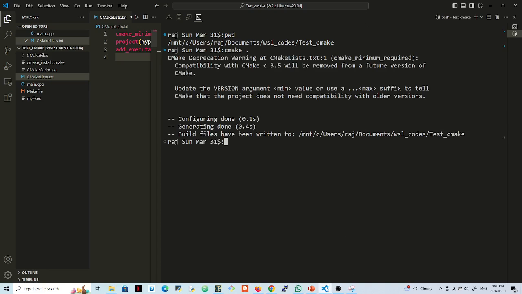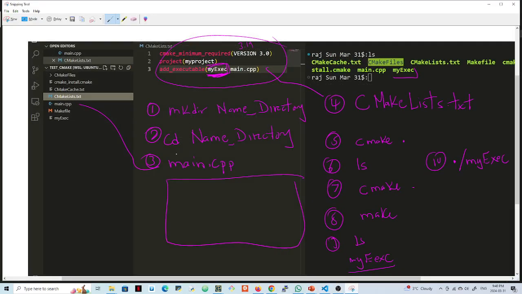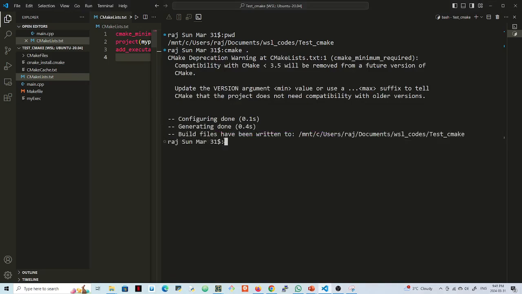So you're in a directory, you have these two files, you do a CMake dot, then you do an ls, right? You want to see the files that you have there, so you do an ls. You have these files. Now I will just try to run make,